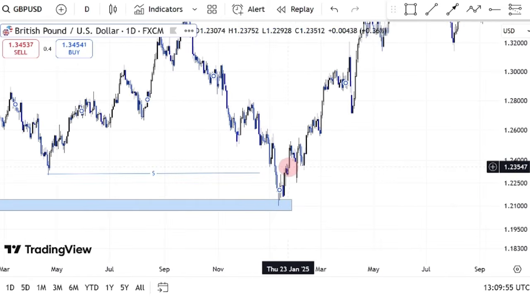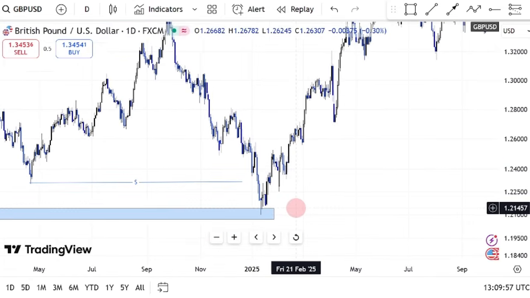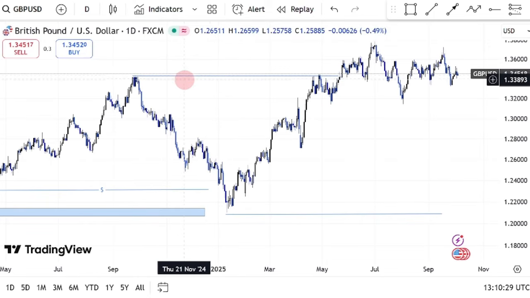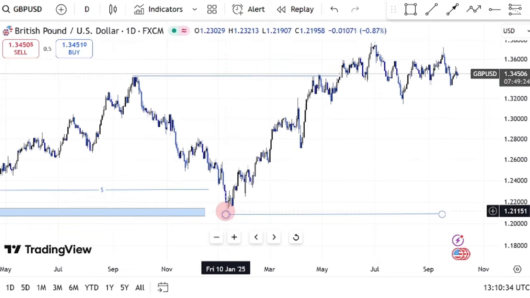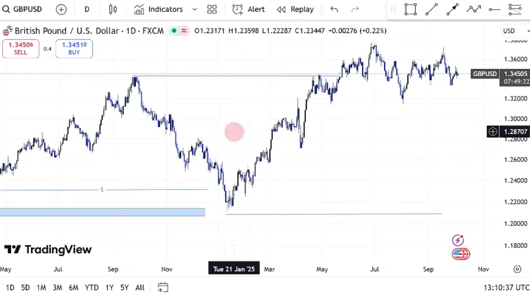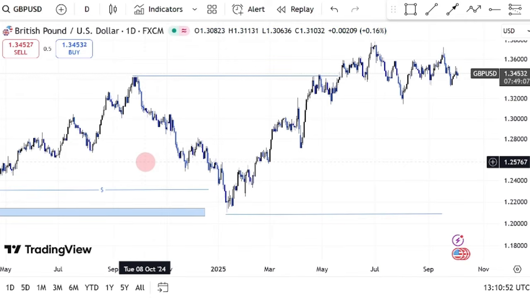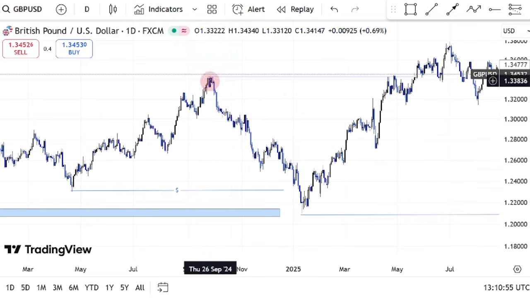So let me mark the range we'll be working with for this particular analysis on the daily time frame. All right, so we already have this trading range. This one is the swing high, and this is the swing low. So between these two lines is where we have our trading range. Because you need to understand where your trading range is. That will give you the directional bias you're looking for, whether you're in a bullish or in a bearish market. So for now, we were in a bearish market all the way down to this